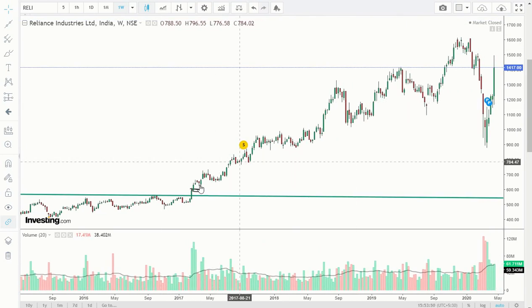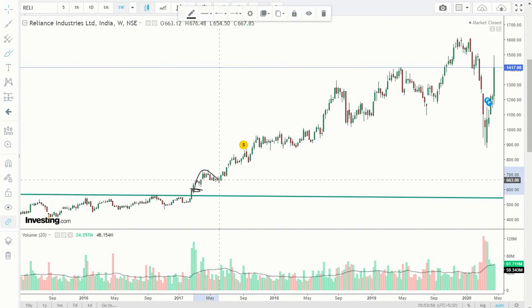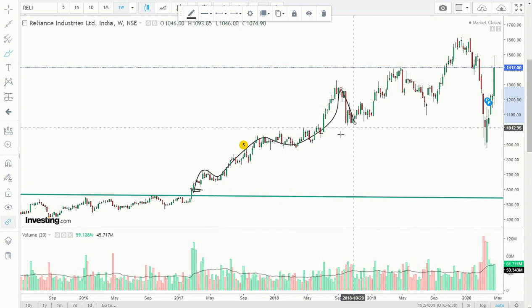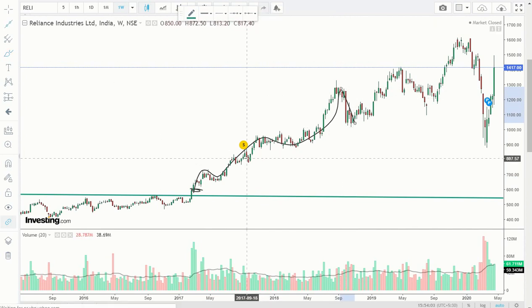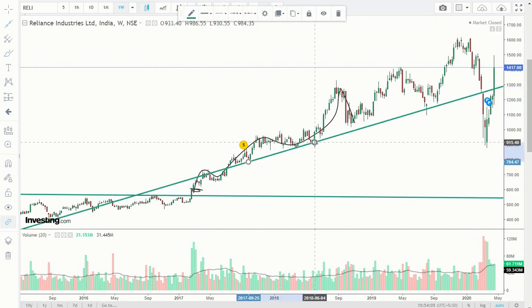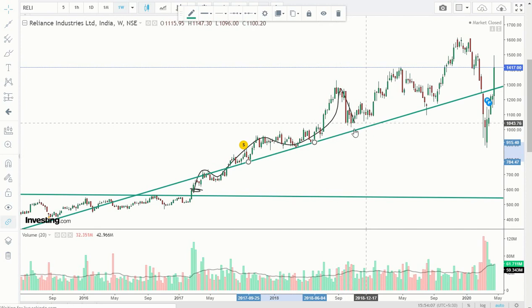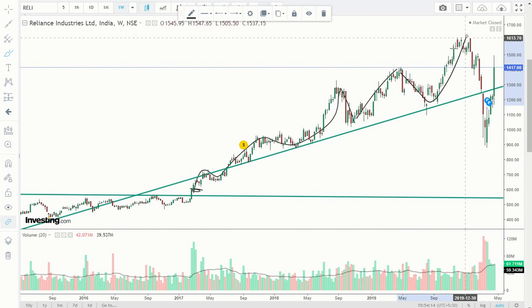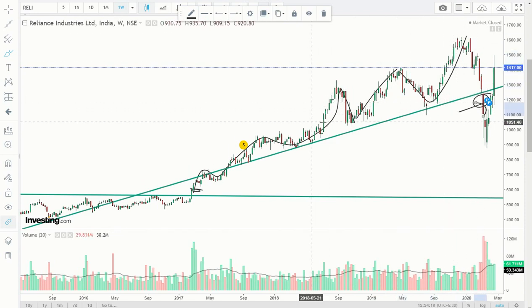Now I need to analyze, when will I sell? Prices are shooting up, when will I sell? So I will see after a good amount of profit. Let's say my target was here, but I still want to wait. So I will wait till here, then I will say it is going down, let me draw a trend line here to here. So I was about to sell here, but then I didn't sell. Prices started to go up, it went up. Either I could have sold here, or when the prices break this, I will sell here, right?